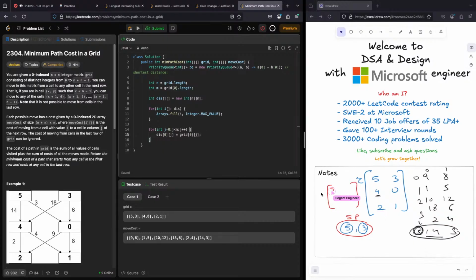So I am putting 5 and 3 here to start with, and these are my starting point as well. So pq.add int. What I can do here is say a of 0, whatever is the distance, so probably distance of j comma 0. And this point is i comma j, right? So now I have got this. Now we need to apply Dijkstra, and in Dijkstra, if we have visited a particular cell, we don't want to